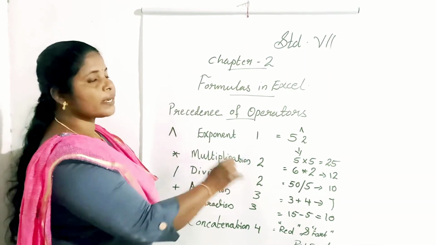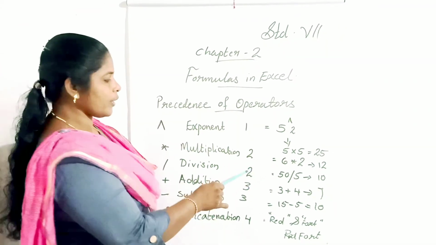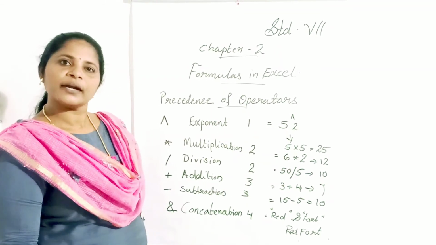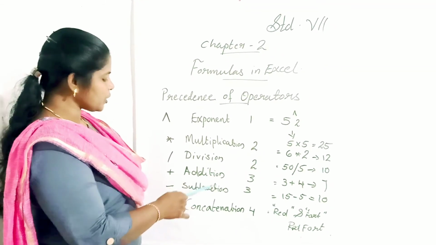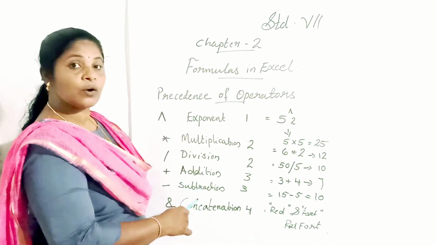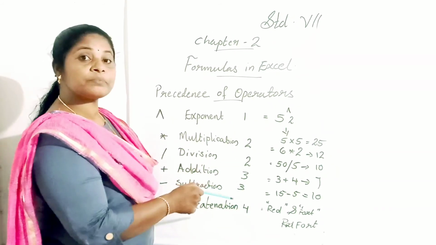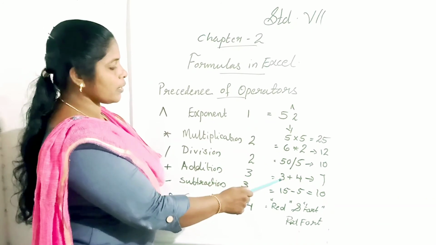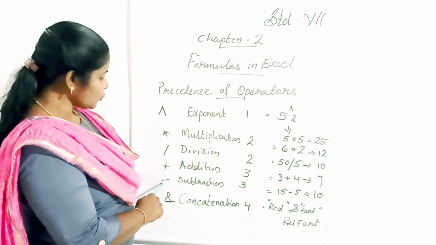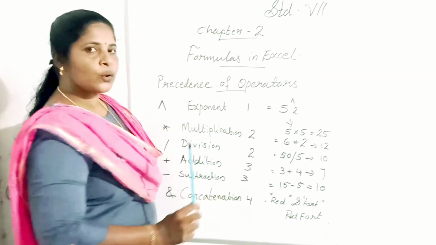Multiplication and division also have precedence 2. That is the second order. Okay, then 15 divided by 5 is equal to what? The answer is 3. And the next one, addition and subtraction, which have the third preference. That is the third order in the evaluation. Addition, for example 3 plus 4, what is the answer? 7. And for subtraction, we use the minus sign. 15 minus 5 is equal to 10.